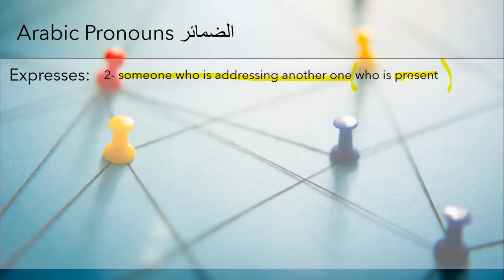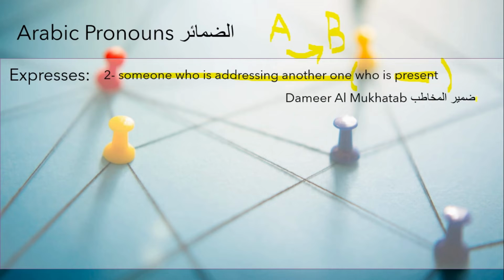So the second type here would be if we are addressing someone who is present. So again, A and B. A is talking to B, he's addressing B. In Arabic language we call it ضمير المخاطب. We are talking to someone, we are addressing someone. It's exactly the same definition as in the English language. أنت, أنتِ, أنتما, أنتم, أنتن. So أنت,